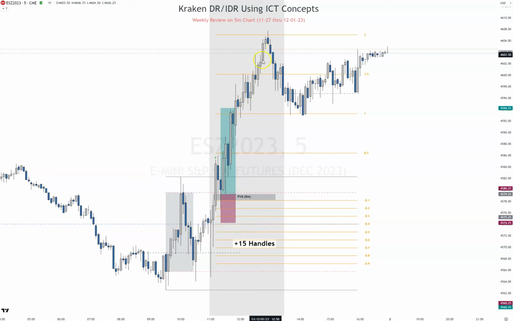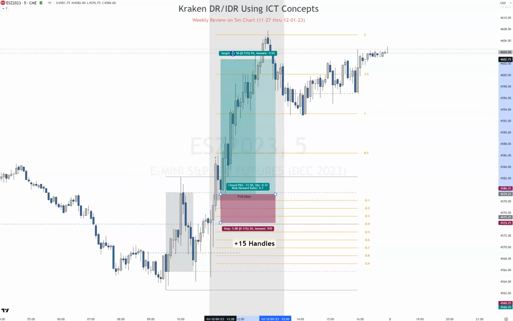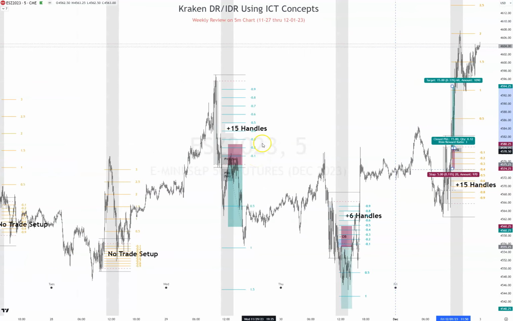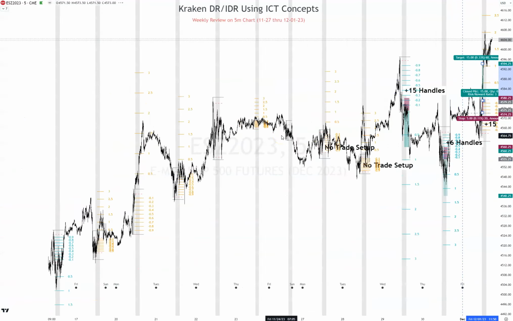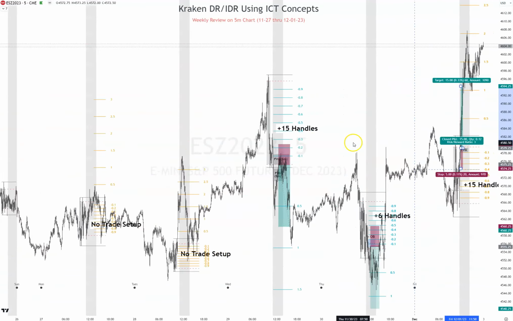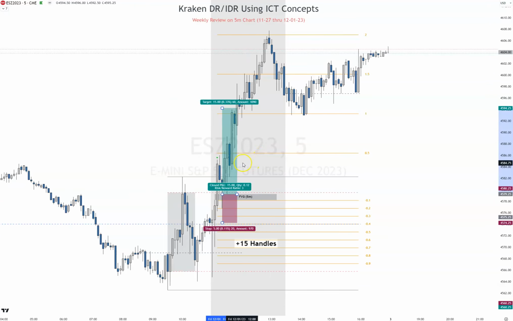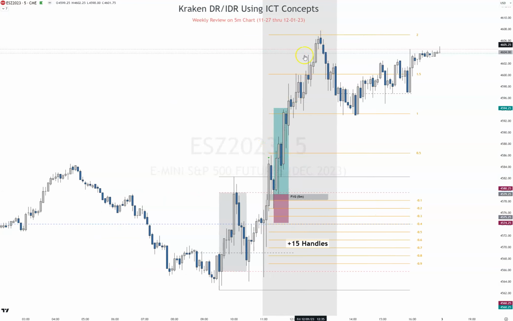Now listen, if you had a runner, you could have had a very nice one. We went to 15, but you could have almost doubled it. Leaving a runner is sometimes dicey. I never know how long to leave something. This was the high up here, kind of targeted that, looking for another draw on liquidity. It's kind of the high for a long time. So I don't know if I would have gone any higher, but a runner would have been great to leave on, obviously.